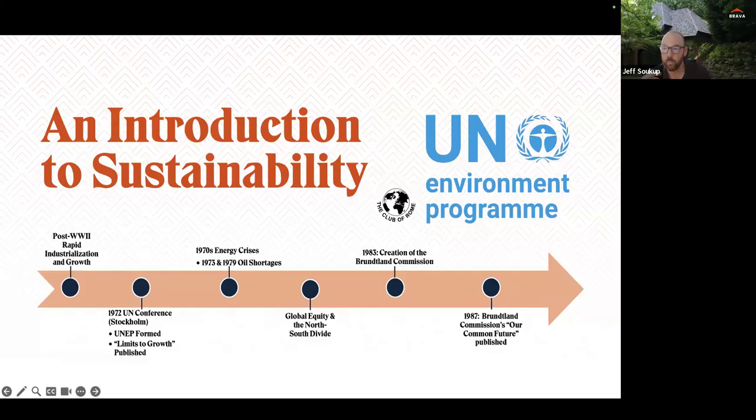They appointed Gro Harlem Brundtland as the chairperson of this commission. Gro Harlem Brundtland was a three-term prime minister from Norway, and the commission's goal was to investigate and provide guidance on how to address growing global concerns over environmental challenges and explore the relationship between environmental issues and socioeconomic development. In 1987, the Brundtland Commission publishes Our Common Future, which is a really landmark